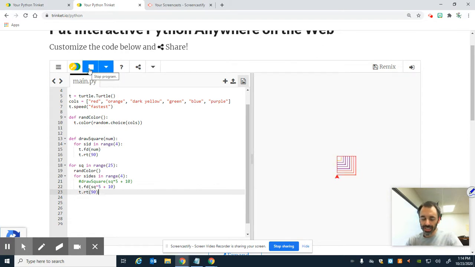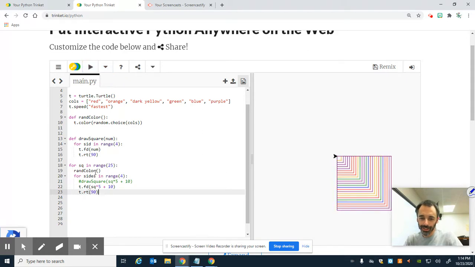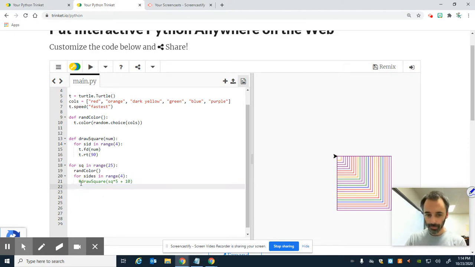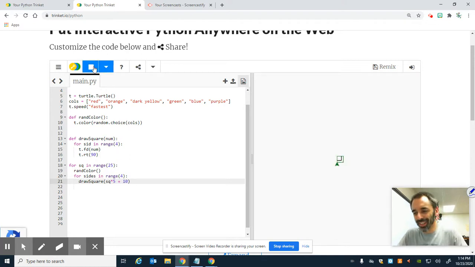So now when I do it, it's the same thing, just I didn't call the draw square function. Okay. How can I make this worse? You know, because I'm good at making things worse, right? So I did this one in class today, and the students are fantastic, of course. So I'm going to do,